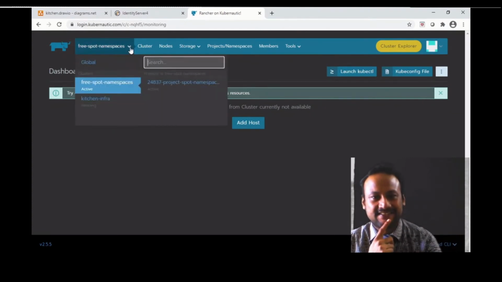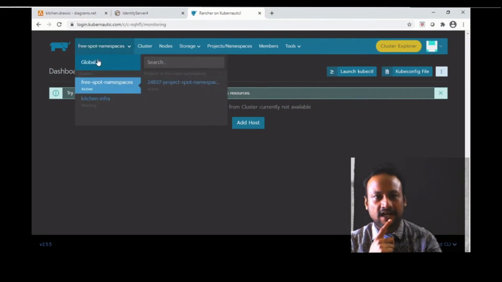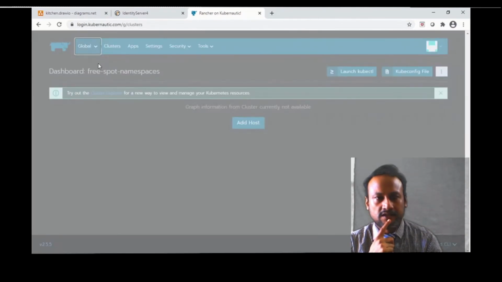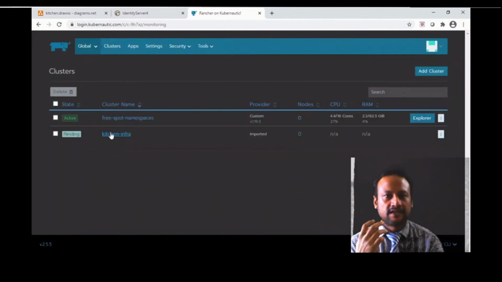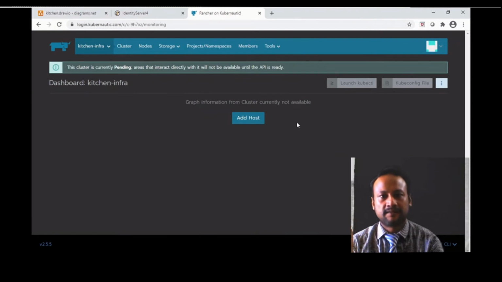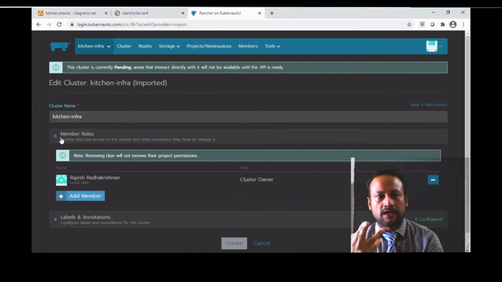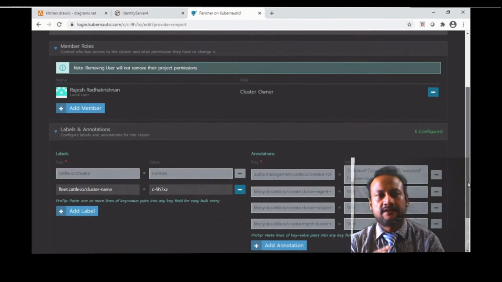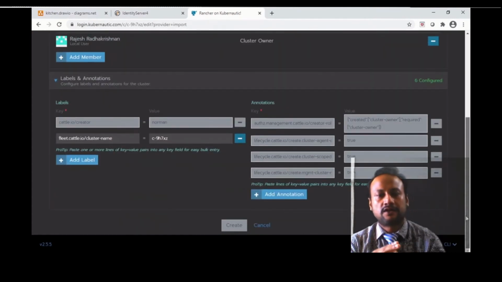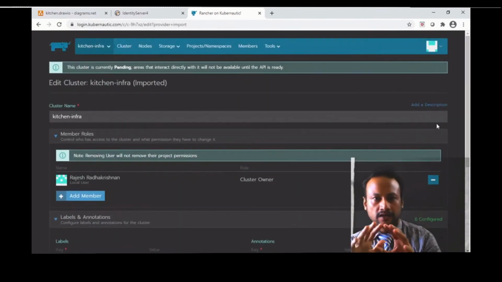So let's see how this looks. Lots of experiments we can do, like we assume that we are setting up a lab, and you can see that a lot of tools are coming in Kubernetes. So I'm creating a cluster here. This cluster is a setup, and I need to install this in my local. You get everything within the same dashboard.